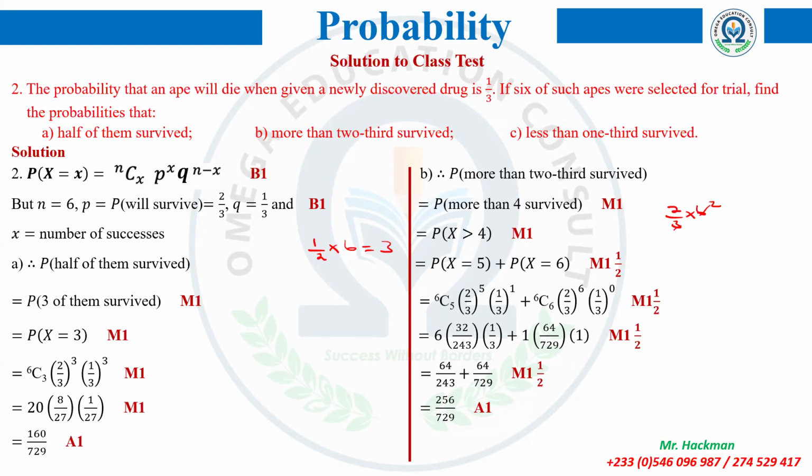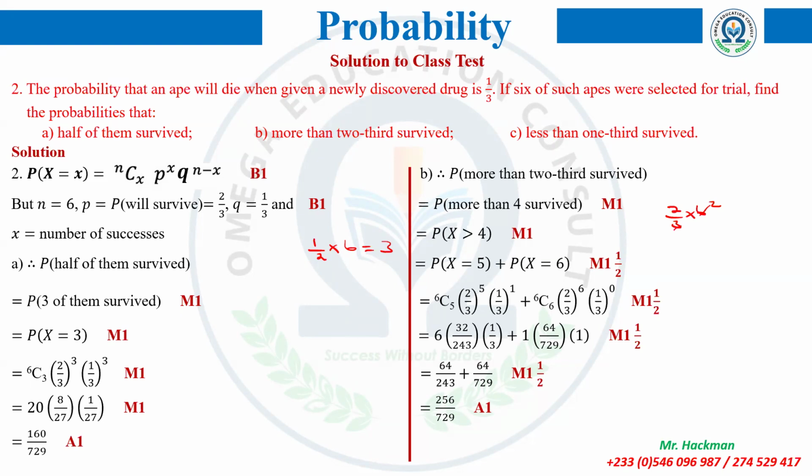Now this statement is in terms of our success, so we can move from here to the X. So more than 4 will mean X must be greater than 4. It's really greater than, not greater than or equal to. At this point, let's check the direction of the inequality and see which one will be better, the original direction or the opposite direction. In the original direction, you do 5, then 6. But in the opposite direction, you are going to do 0, 1, 2, 3, and even 4. So that will be more work. And even after doing all that work in the opposite direction, you still have to